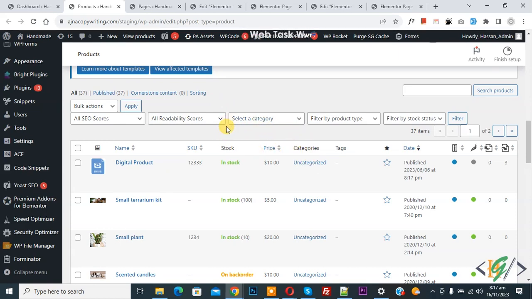Bismillahirrahmanirrahim. Assalamu alaikum. My name is Hassan and today we are going to activate Elementor layout for WooCommerce product in